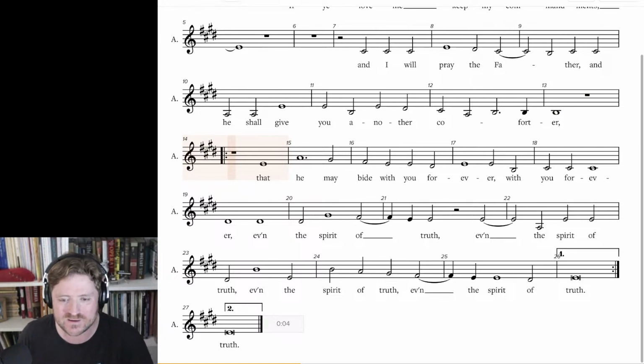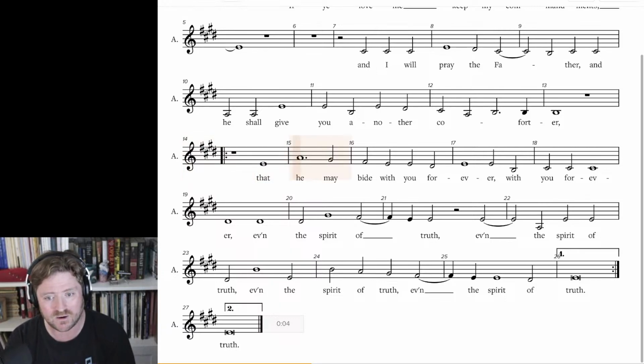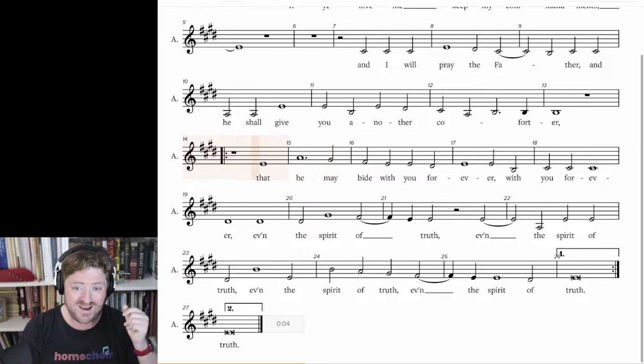This is the B section, and you are one of the first voices out of the gate here, altos. You hear the tenors sing. We'll just hear the tenors at the beginning of bar 14. In fact, go from bar 13. Have a listen. Now, that gives you your note here in bar 14, and you rise to the A on that "that". And so we sing 1, 2, that He